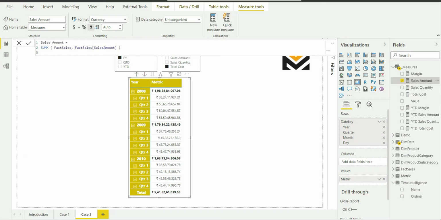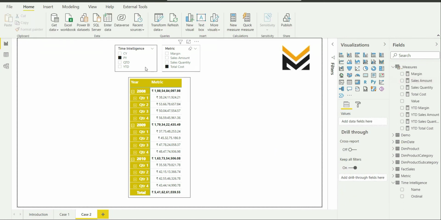This is how we can use multiple calculation groups in a report, and we can then reduce the number of measures to a great extent by using calculation groups and calculation items.